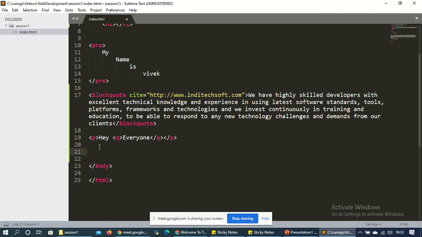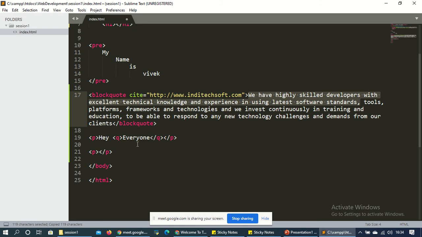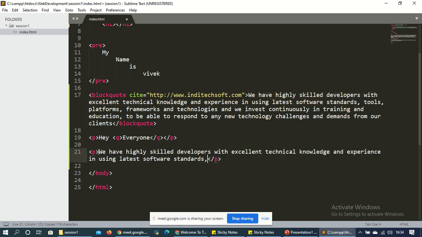I just copied some dummy text, in P and P, this much text I'm going to copy, and just paste.